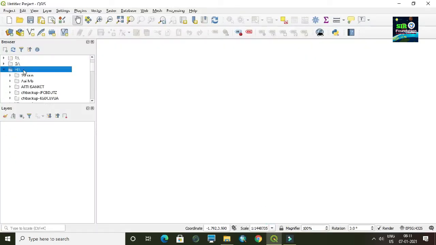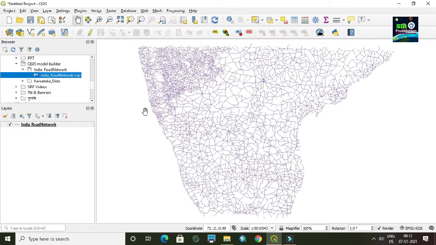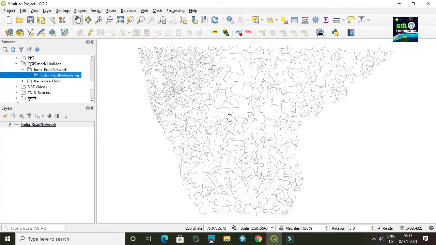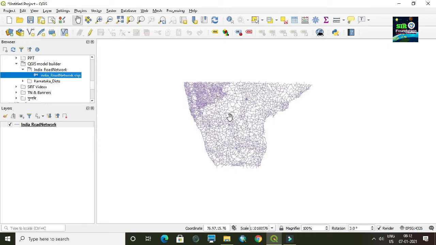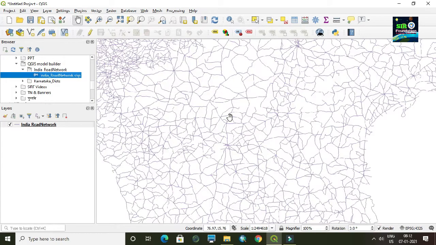So just go to the browser and search the path where you have stored your files. I have stored it over here. You can see, guys, here I have India's road network area. Basically southern India is covered under this particular road network.